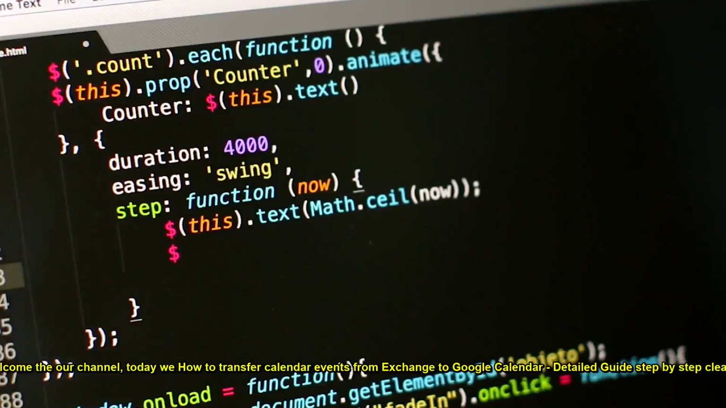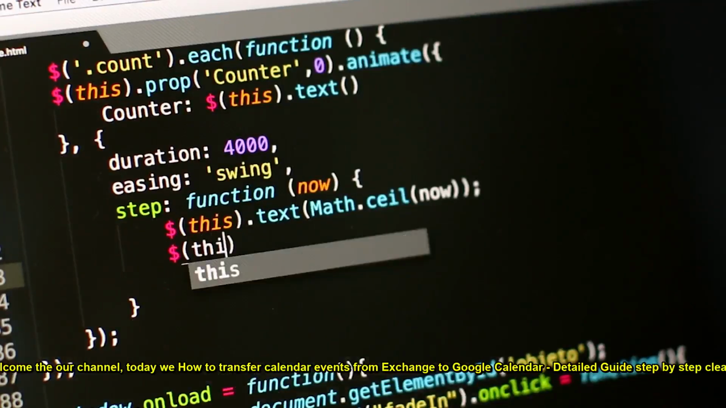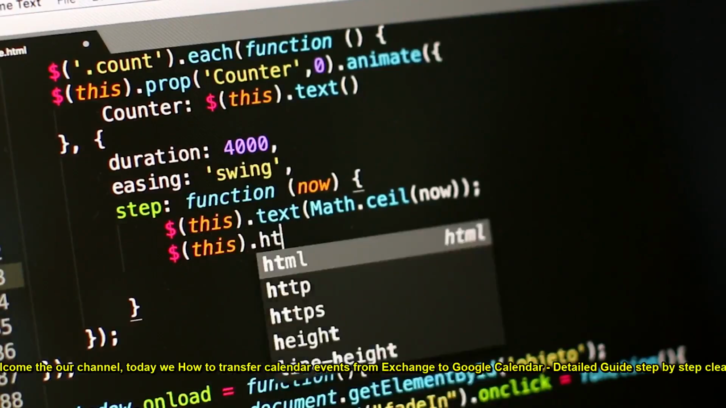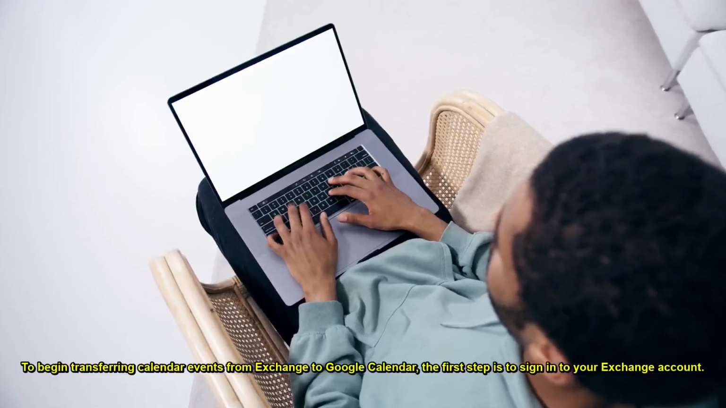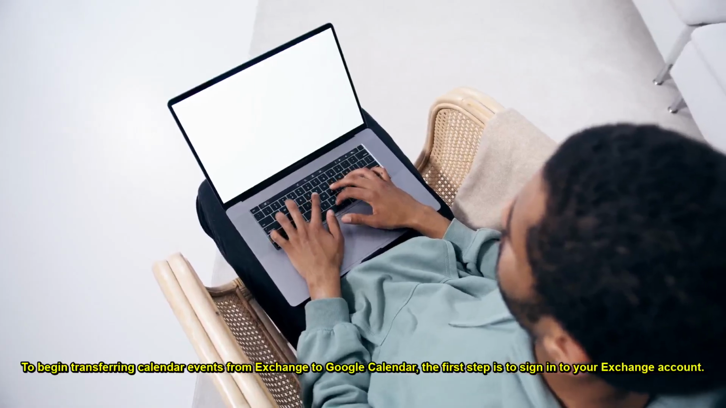Welcome to our channel. Today we show how to transfer calendar events from Exchange to Google Calendar, with a detailed guide step by step, clearly. To begin transferring calendar events from Exchange to Google Calendar, the first step is to sign in to